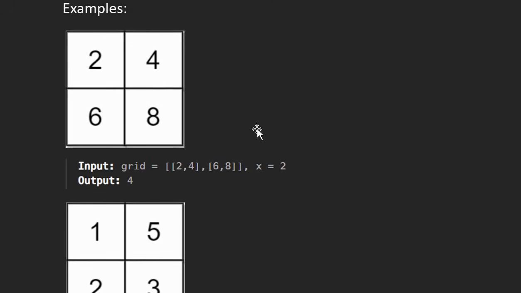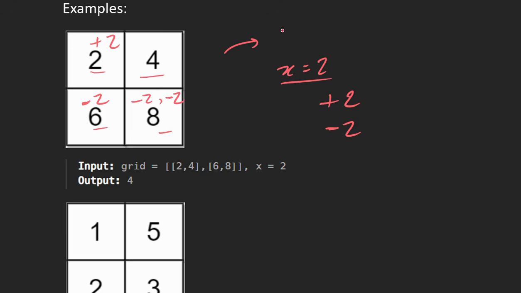So let's see some examples to get the question more clearly. First we are given the grid as 2, 4, 6 and 8, and our x value is 2. That means we can either add 2 to any element or subtract 2 from any element. If we add 2 to this element, add nothing to 4, subtract 2 from here, and subtract 2 and 2, meaning total 4, from here, then our grid will become 4 4 4 4.